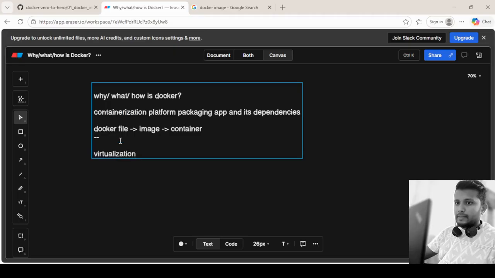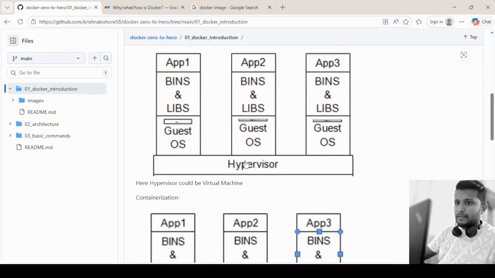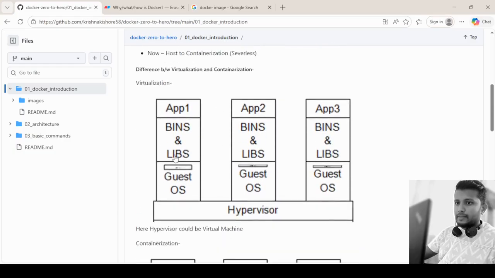Virtualization. Okay. So what is virtualization? Setting up a computer over the base computer is virtualization. Meaning, if you see this picture, how does this look? This is the structure of the virtualization. This is the structure of a containerization. So if you see this structure, what we are doing is that over the base computer we are setting up other computers as well. We can say that, right?